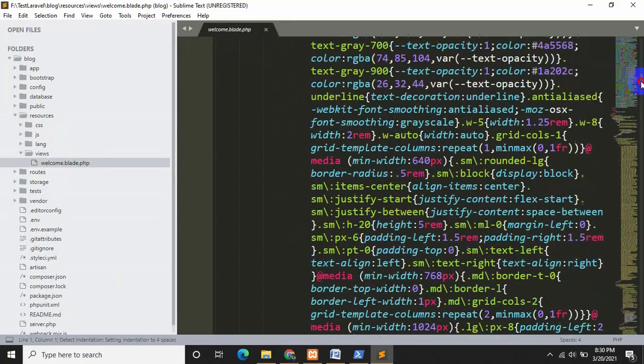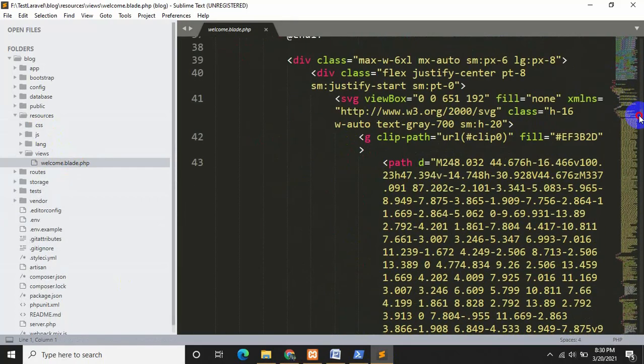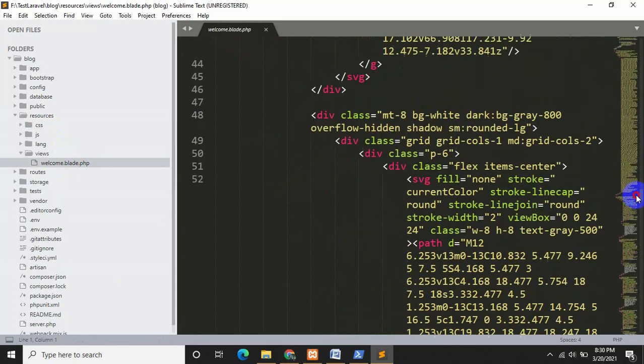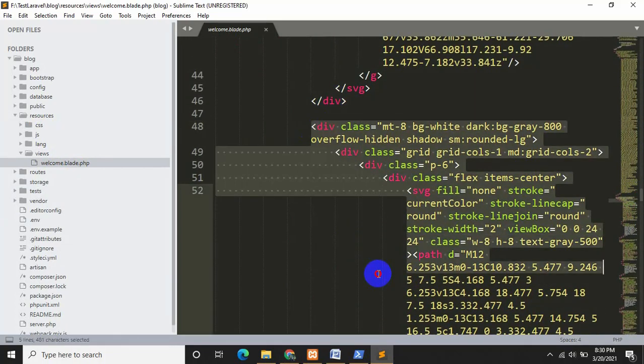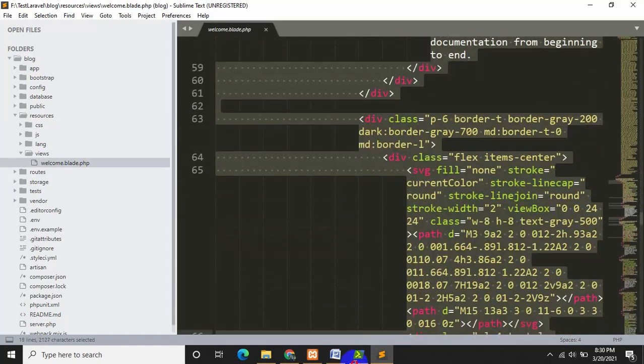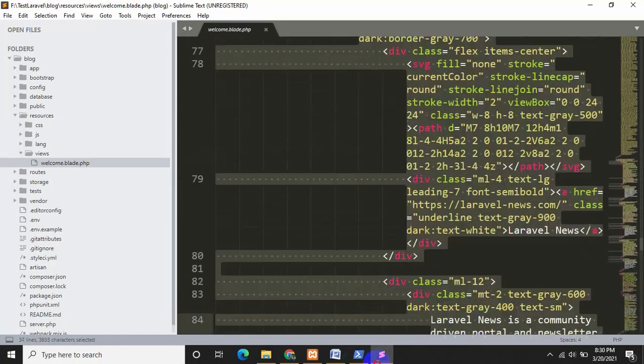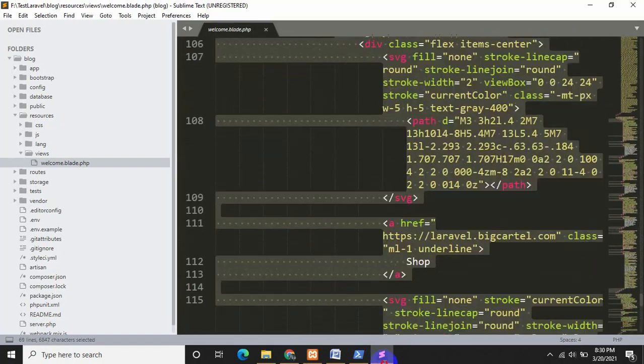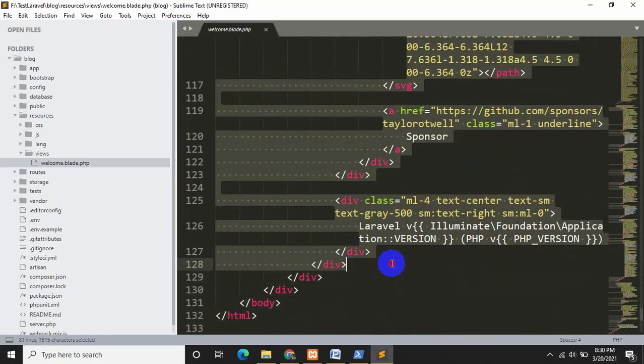Now let's change something from here. I'll just cut it from here up to this.